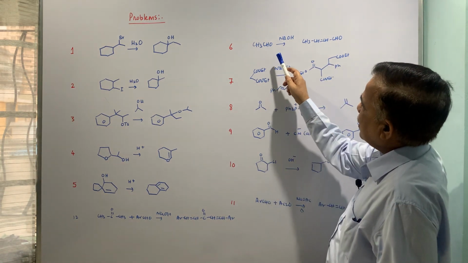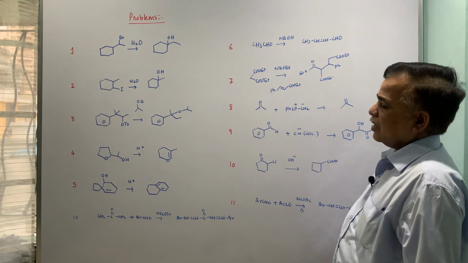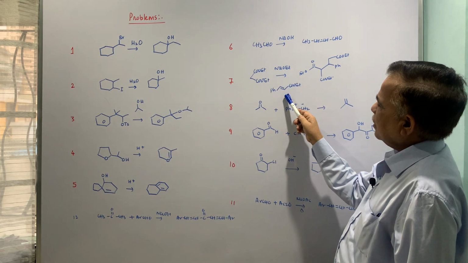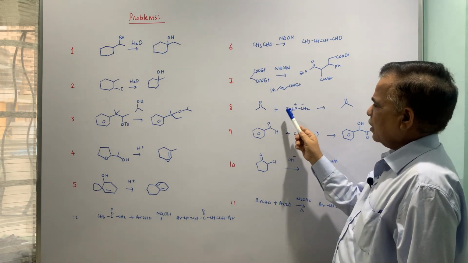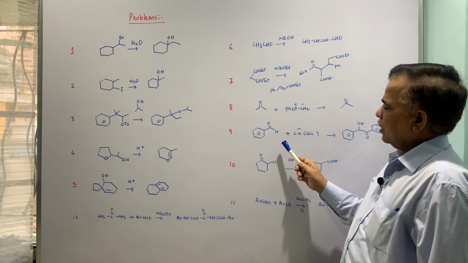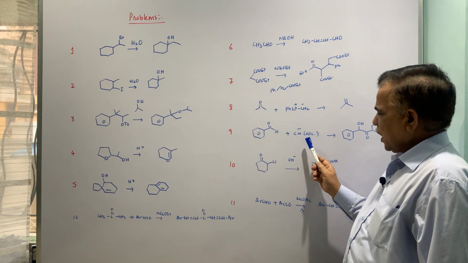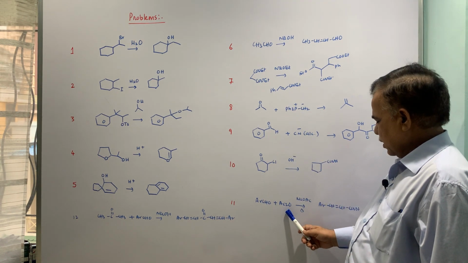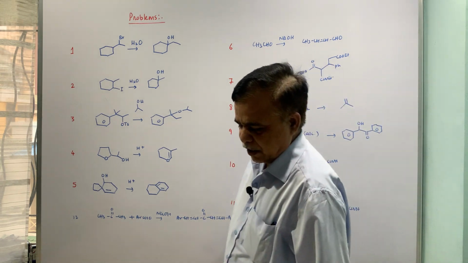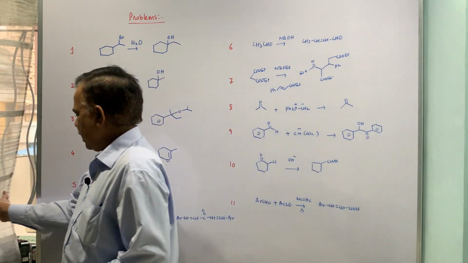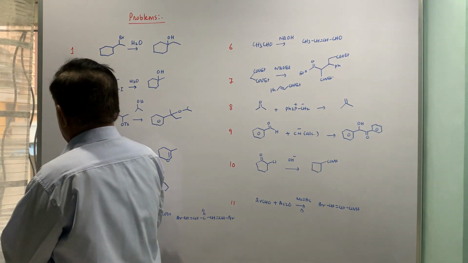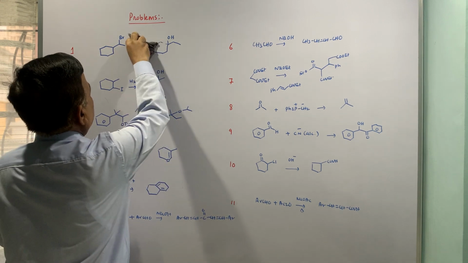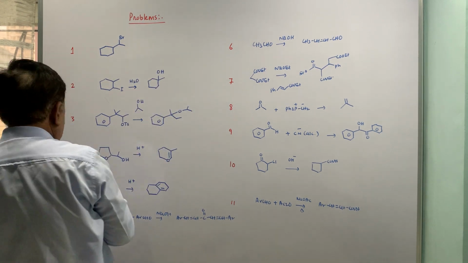Then moving on to 6, this is your classical aldol condensation reaction. Malonate ester, this is Michael addition, this is your conventional Wittig reagent, this is the benzoin condensation, this is Favorskii rearrangement, and this is Claisen-Schmidt reaction. So we will write down the mechanism for each of these. So let us start with the first example. Now let me clean this so that I can show the arrow pushing there.